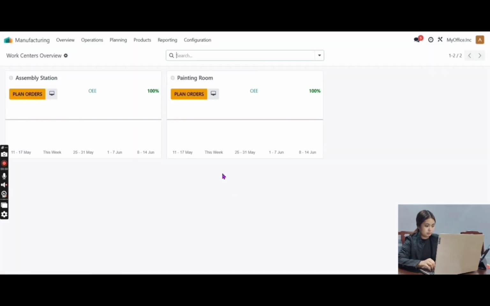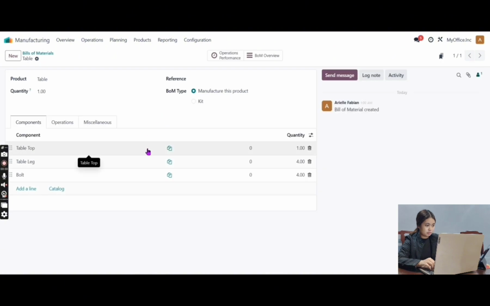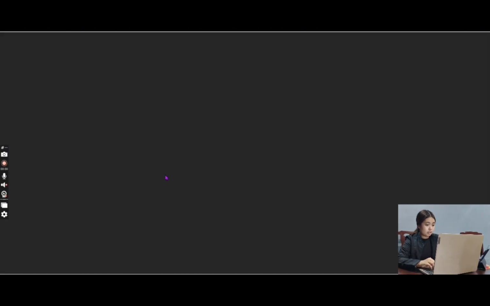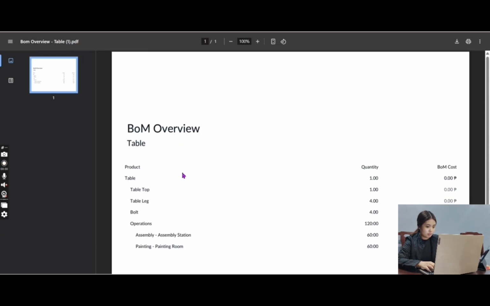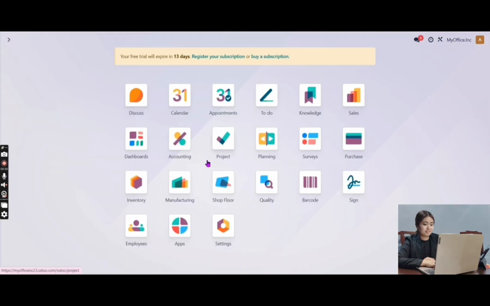Go to manufacturing. Click products and select bill of materials. And then here's the BOM overview. Then click table and then go to